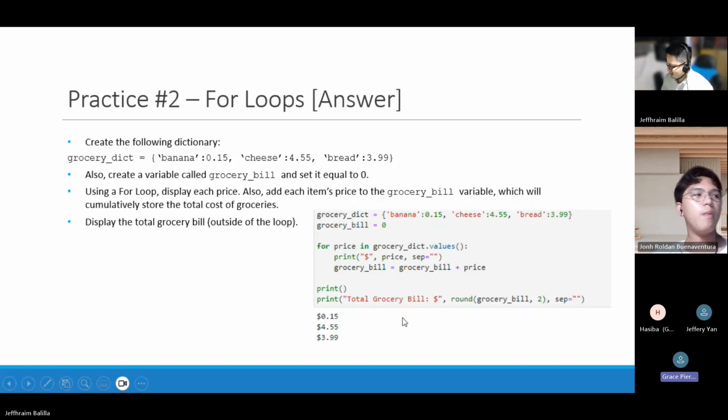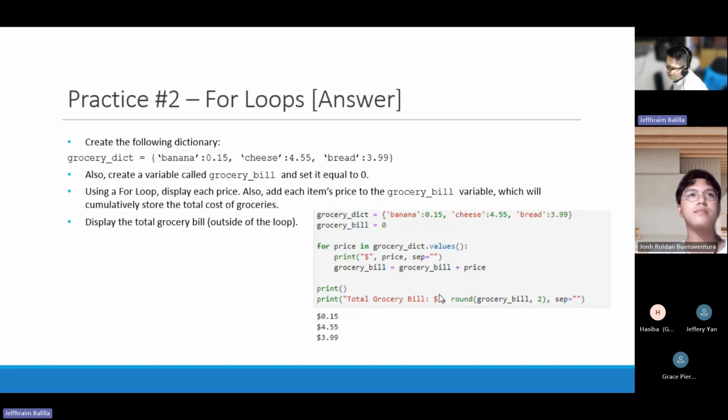Okay. But there was one thing you said that did get me confused, because I think it's still not sinking in. That second line within your for loop, grocery bill plus price. You said this isn't coded in a way where it's going to give me a running total. But how would it look if it was? You'd have to do a two variable thing, because in the last example it was plus J.